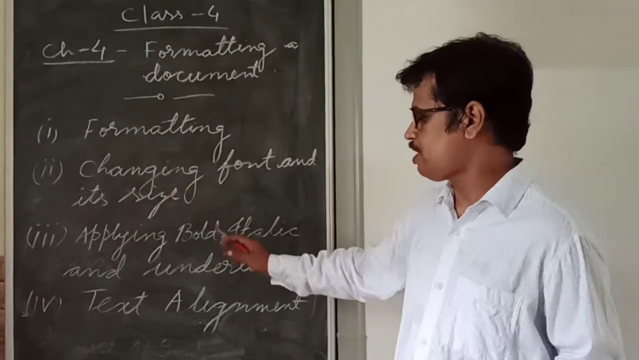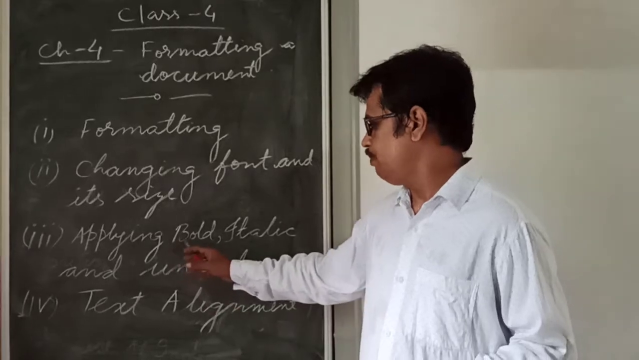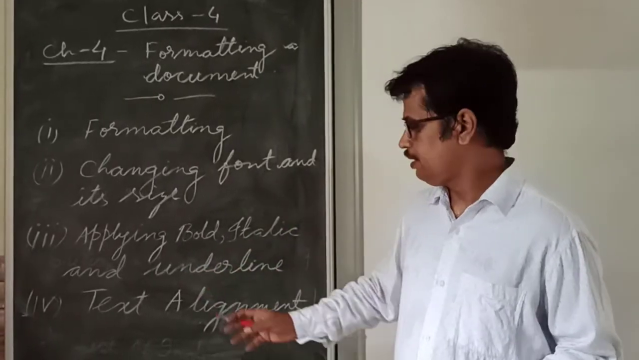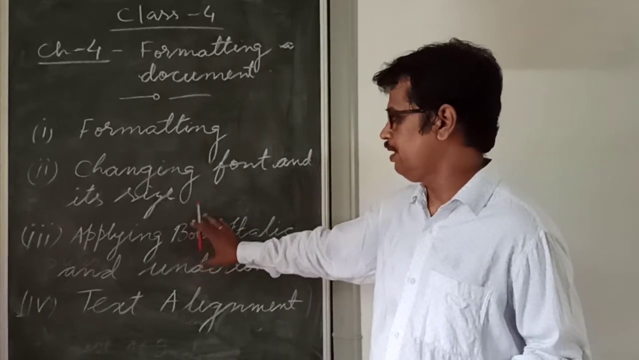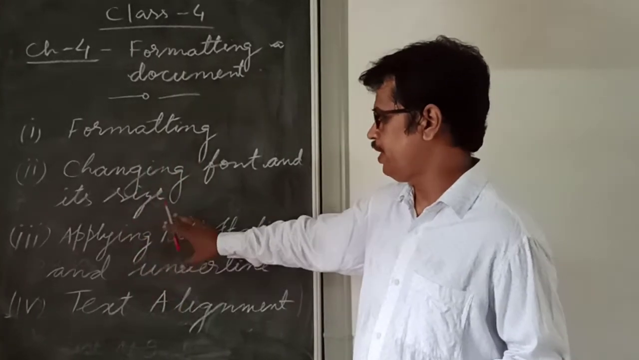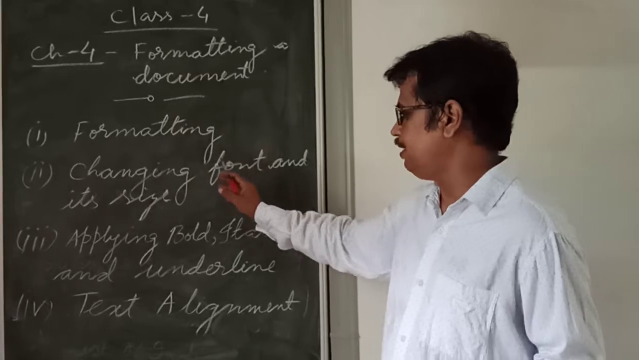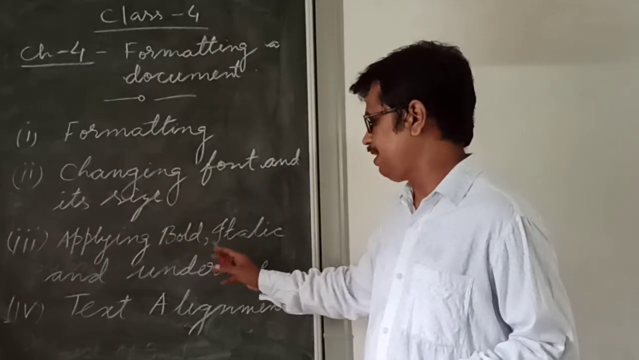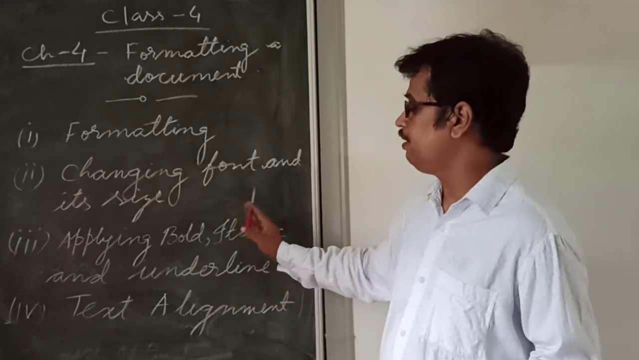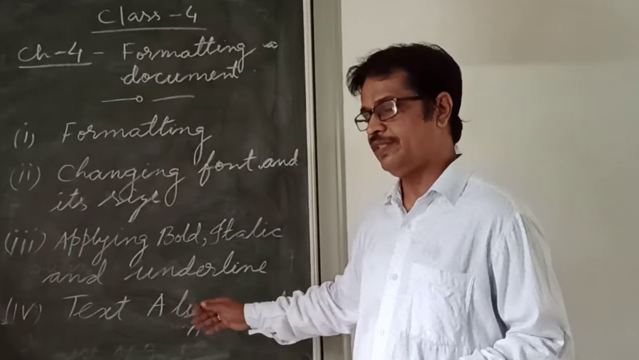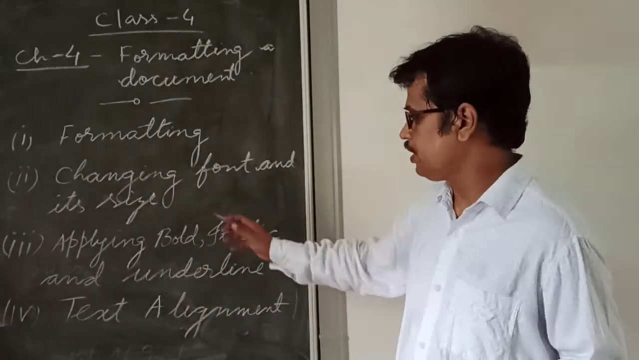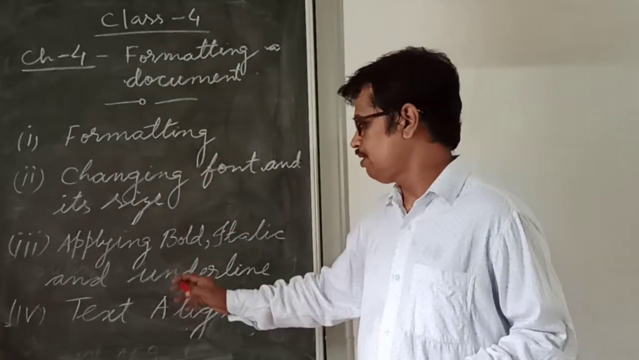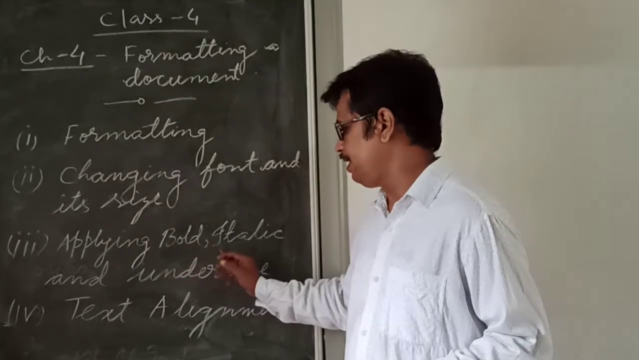Now coming to the next point, applying bold, italic and underline. This is also one type of formatting. These are all types of formatting. If you are changing font and its size, it is also formatting. If you are applying bold, italic and underline, this is also formatting. Text alignment is also formatting. So the first topic, changing fonts and its size, we have already discussed. Now the second is applying bold, italic and